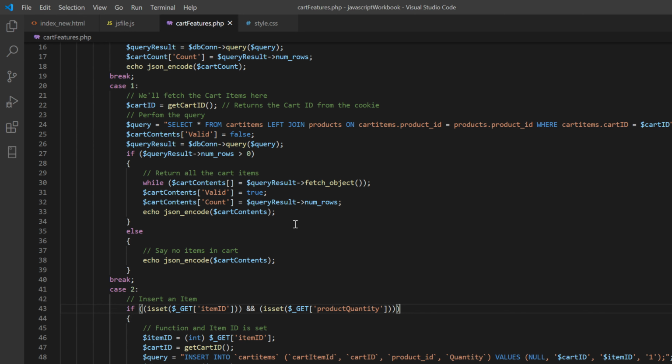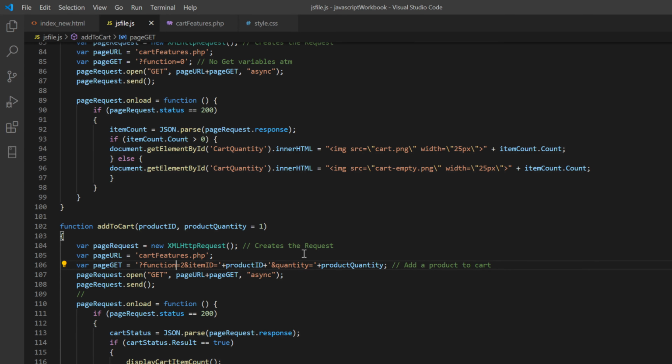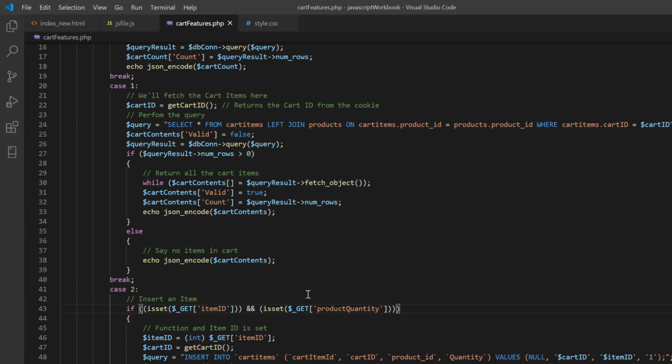So this section of code won't run now unless that's also set, which, well, we only called it quantity, so that always failed there. There we go. And if it is set,